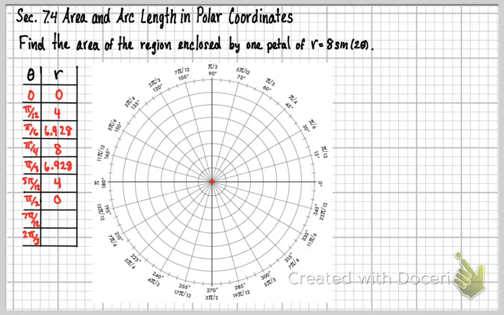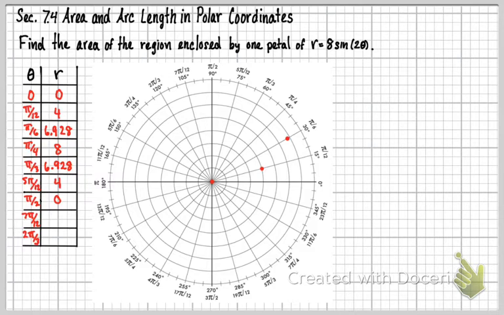One thing you might notice is that I made it back to 0 again. I started at 0, which was great, and then I ended at 0, which means that's going to give me one petal. Now take a look at this as we continue. So there's 0, 0. There's pi 12ths, 4. And there's pi 6ths,